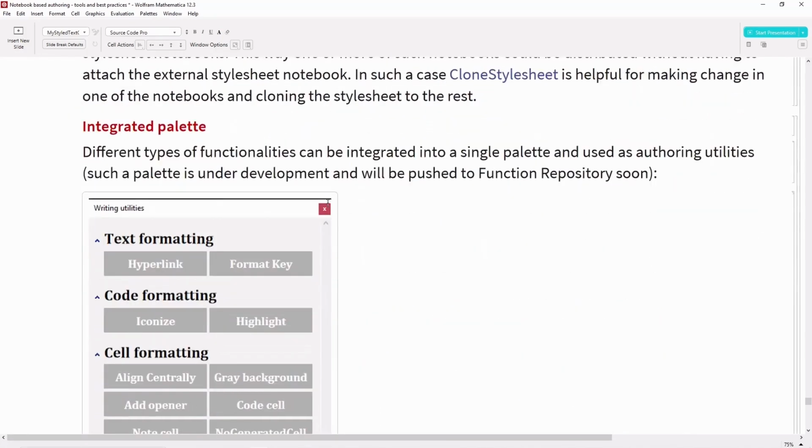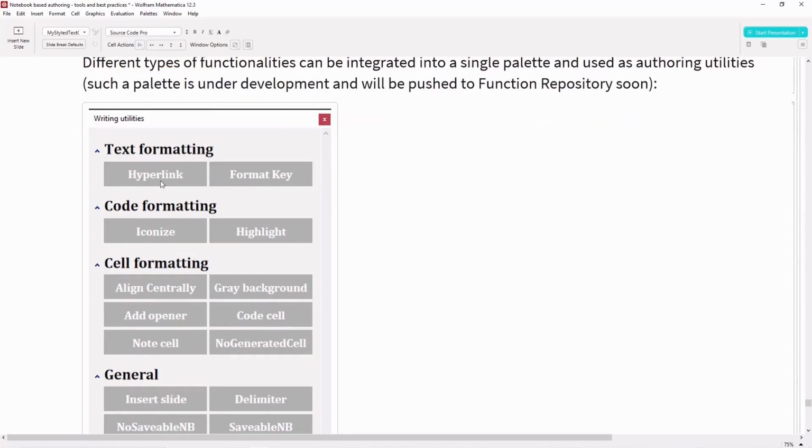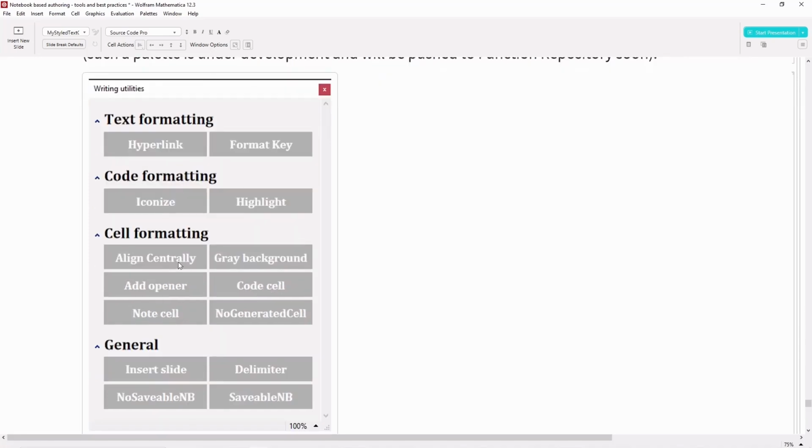Earlier we saw certain examples of palettes, such as an iconizer palette or highlighter palette. We can combine all those functionalities into a standard palette during presentation. So here is an example of how we have combined certain functionality, such as making a hyperlink, iconizing, highlighting, and aligning the output cell centrally.